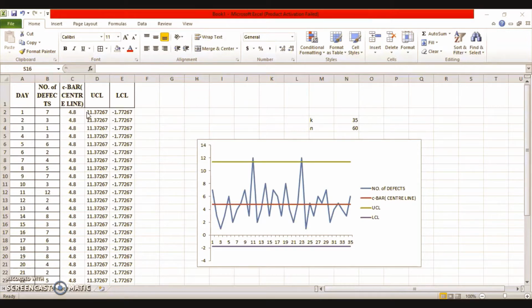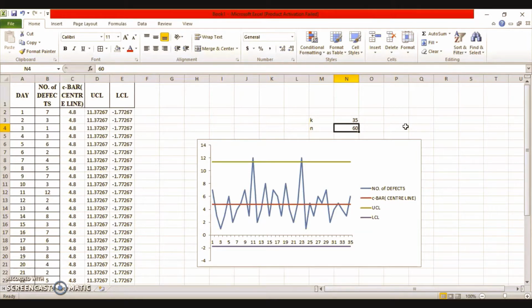For that purpose, the total number of defects in the woven fabric each day was counted for 35 days. So that means our sample size will be 35, and because the fabric produced each day is 1 meter wide and 60 meters in length, this 60 meters will be your small n value. Now the quality control inspector of the company needs to construct a control chart to check whether the process is under statistical control or not, and also compute the revised control limits if necessary.